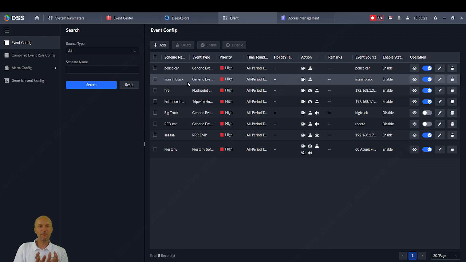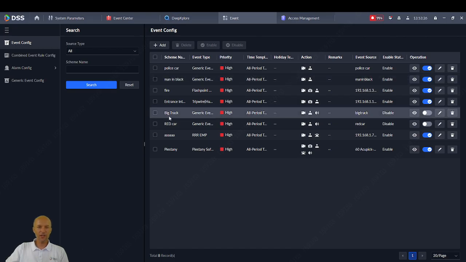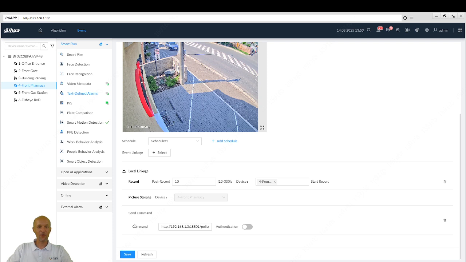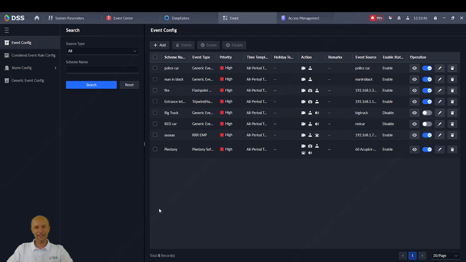Or you have the big truck coming to the city where it shouldn't be, so we will create the event big truck, no problem. Now the possibilities are endless, so you can create the event on anything you want without any special programming, special integrations, and so on and so on. So those are the new things in Deep Explorer. I hope you like them,